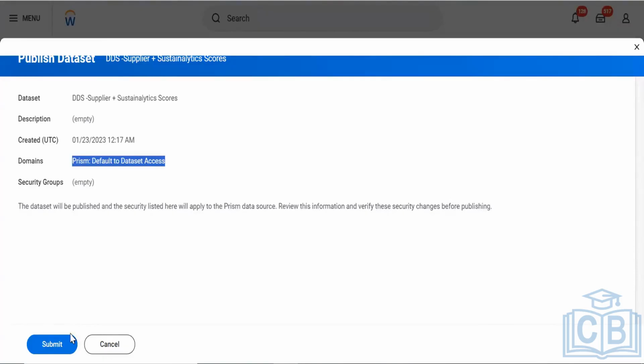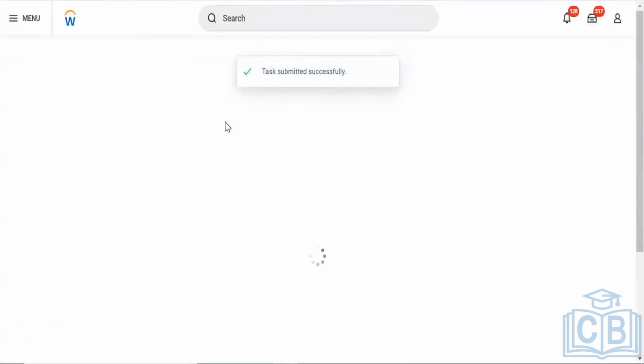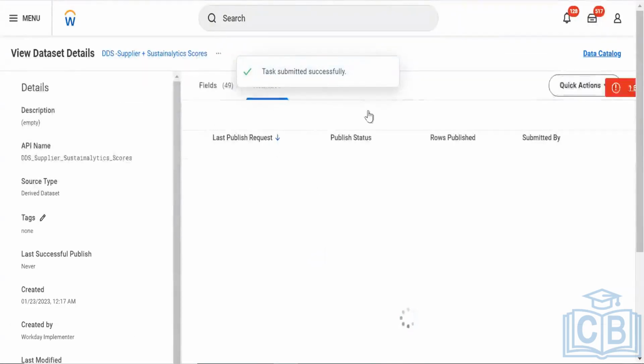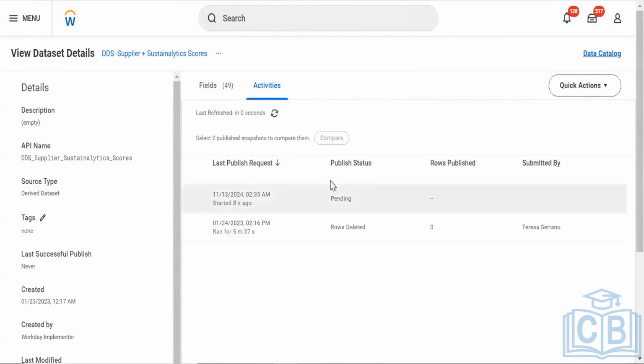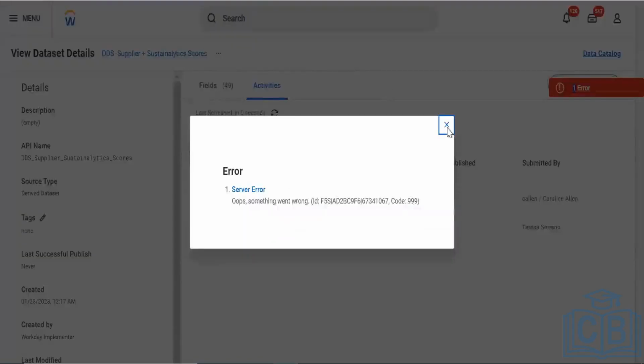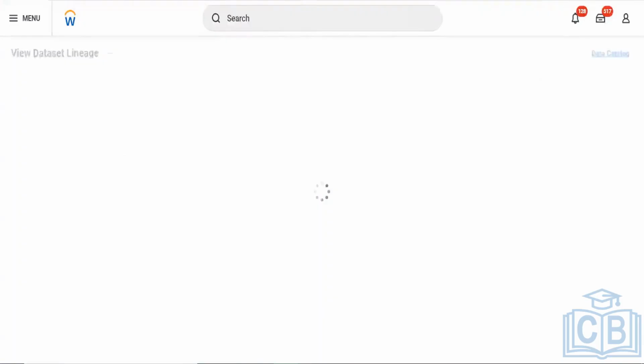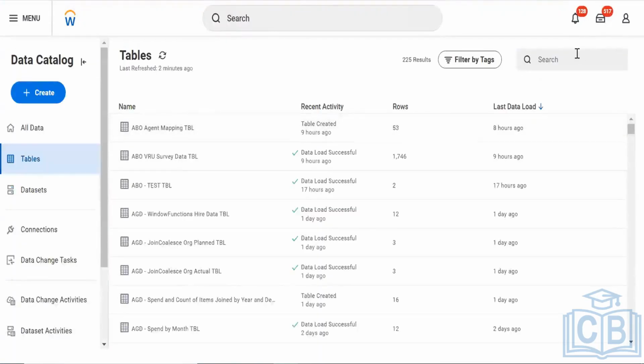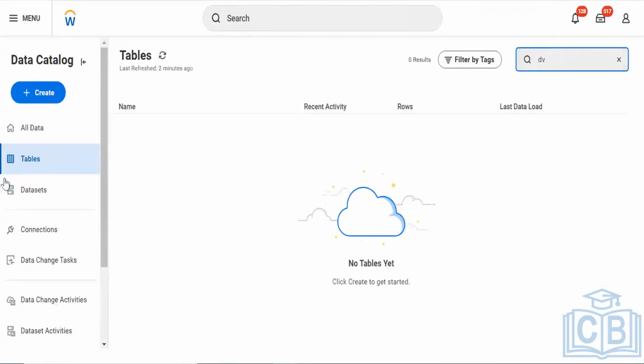Basically, the security groups look separate, but this is just for information. I can submit. Once I give the security and submit, in the activity step I can see that it's processing. I can see the processing over here. There are chances it may fail because it has an error from the previous lineage, but let's try with our working one, if we have any of our working datasets available which is not published.